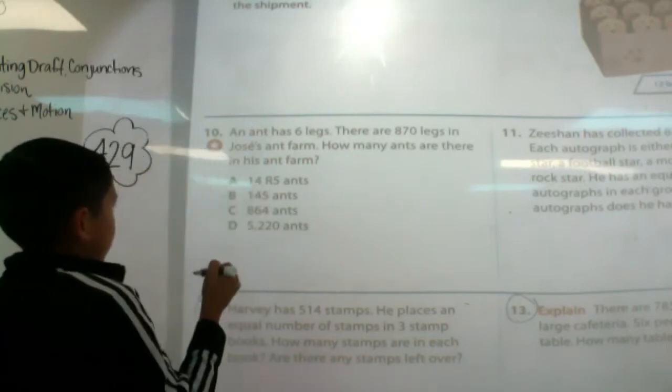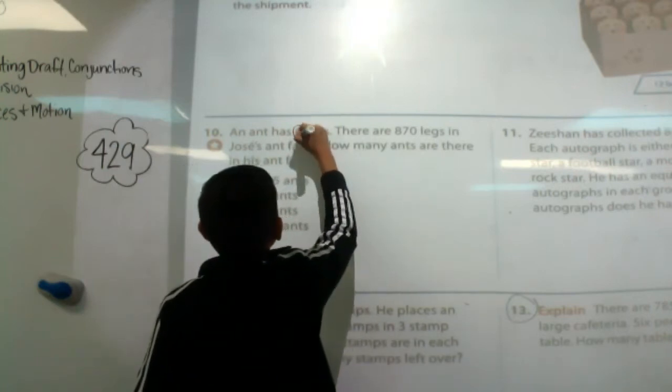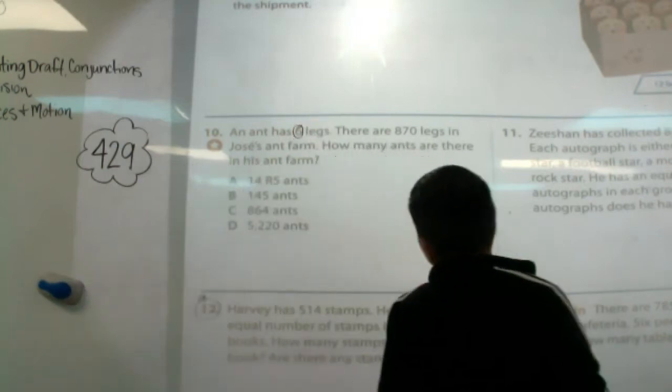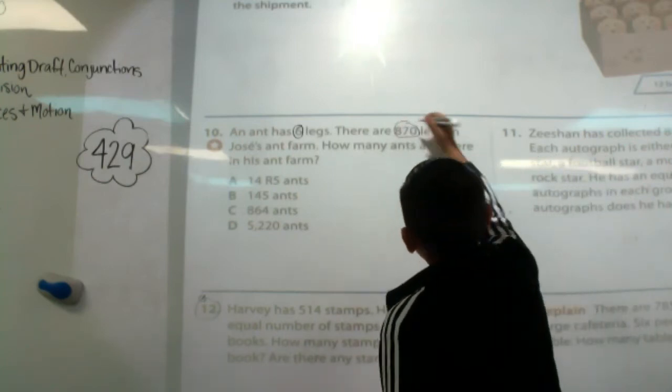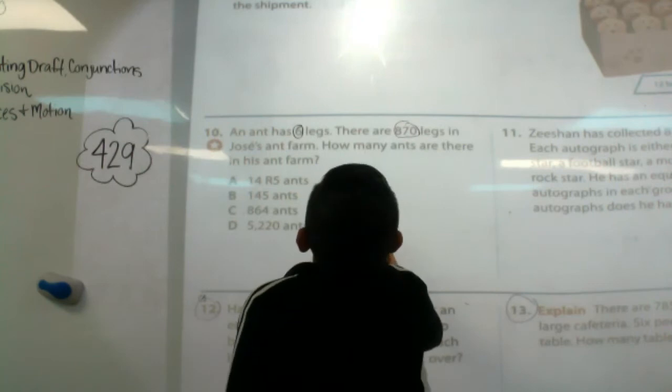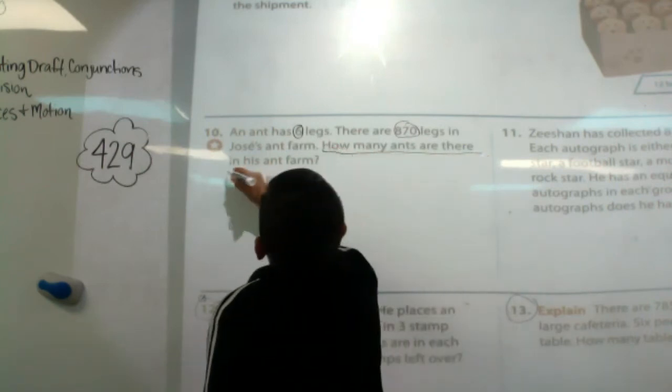Okay, we'll do number 10. Let's see, Jamie, will you read number 10 first, please? An ant has 6 legs. There are 870 legs in Jones and Thorn. How many ants are there in his